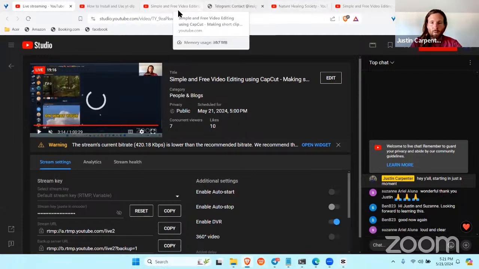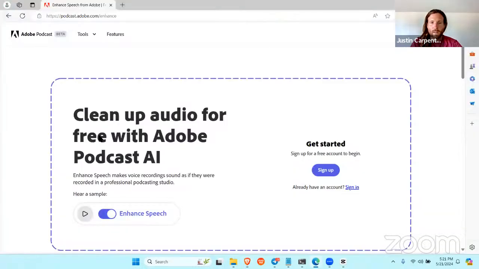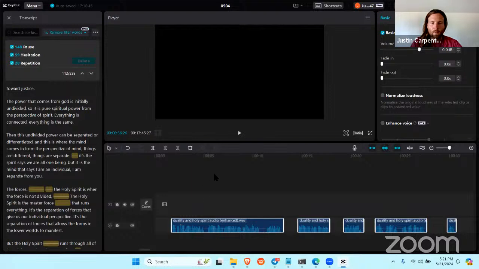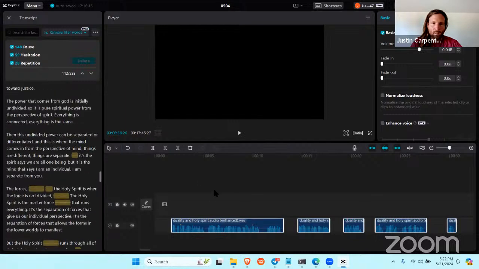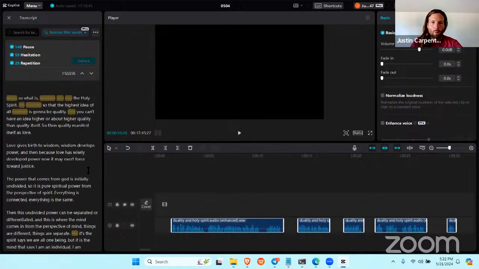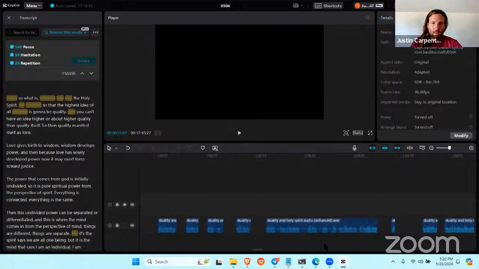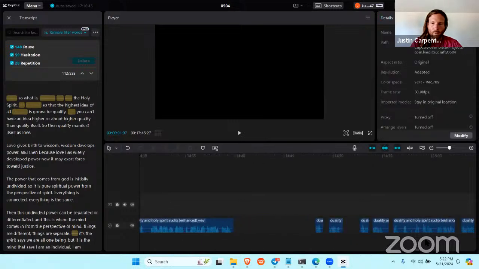So if you're still working with the free version, then you might need to come to CapCut first. Say you're working with an audio file that is longer, and you might need to trim it down. So either go through that process of cutting out the ums and the spaces and things to kind of cut down on the time of that, or just in general, you can trim the timeline. So say you've got a longer clip,